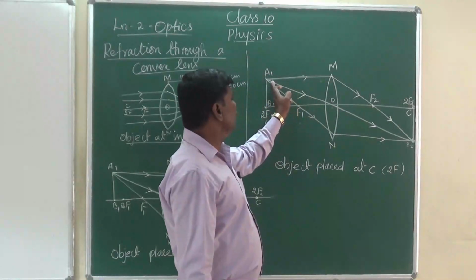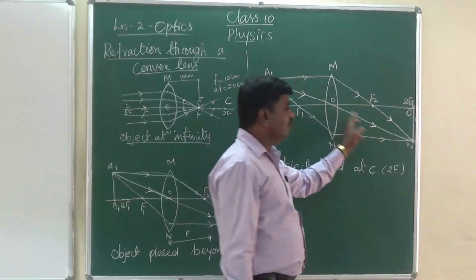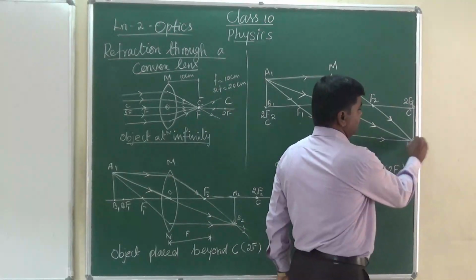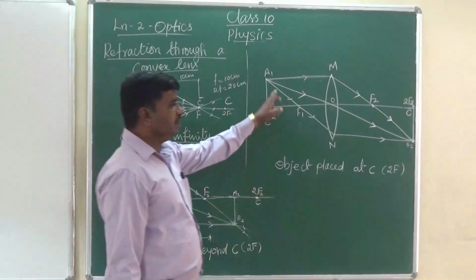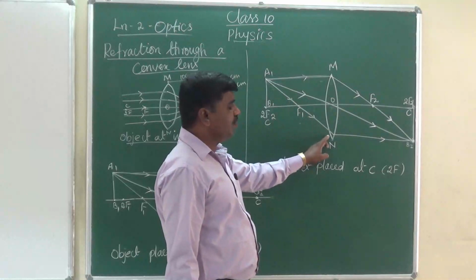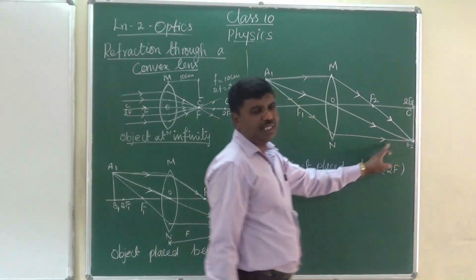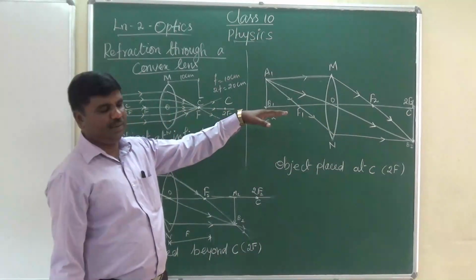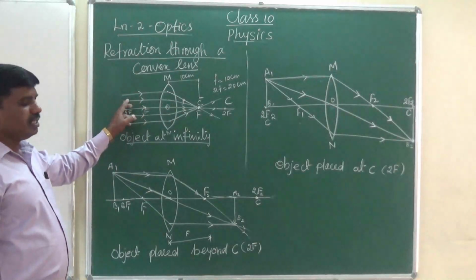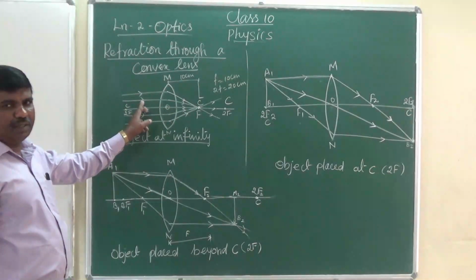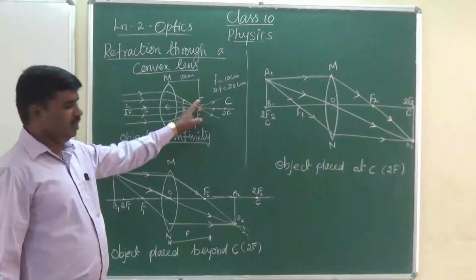The same way, next one, the rays which come through the optic axis, both rays meet at one point at a distance 2f. The same way, the rays which come through the focal point hit the lens, then meet at the same 2f distance, but parallel. In these three diagrams, all the rays come parallel to the optic axis and converge.